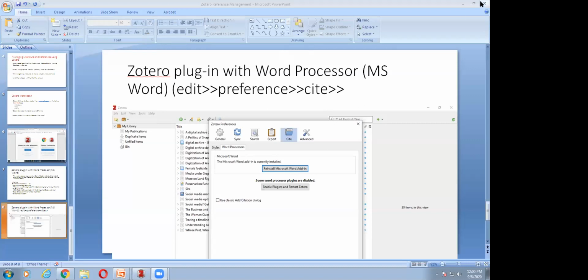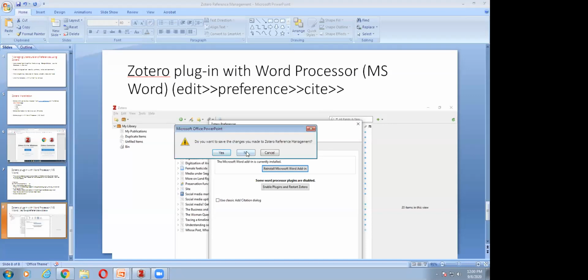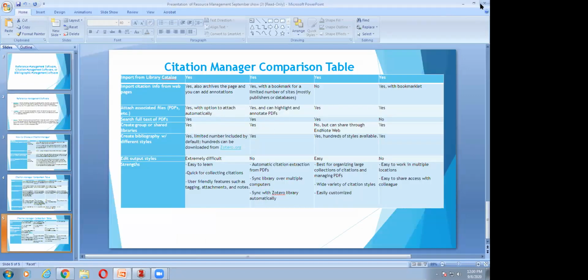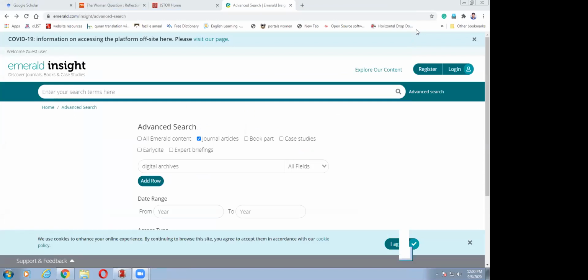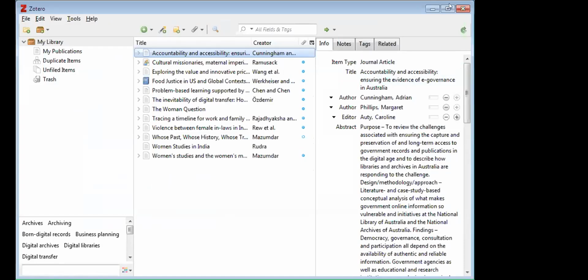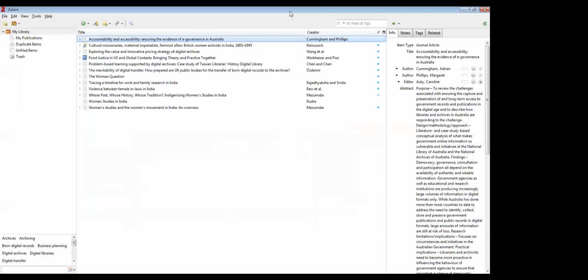Now I'm moving to Zotero. Once we install it, Zotero will look like this. It has three divisions, which we call panes.